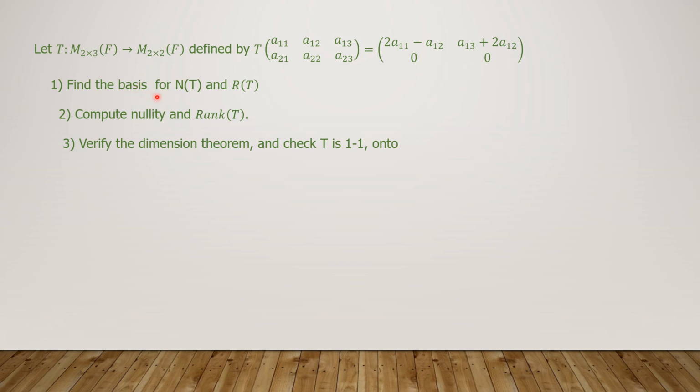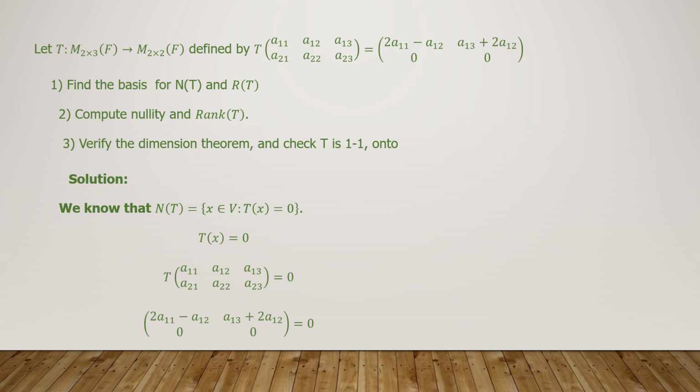Then find the basis for N of T and R of T. Compute the nullity and the rank of T. Then verify the dimension theorem and also check whether T is 1 to 1 or onto. Okay, let us see the solution. See here,